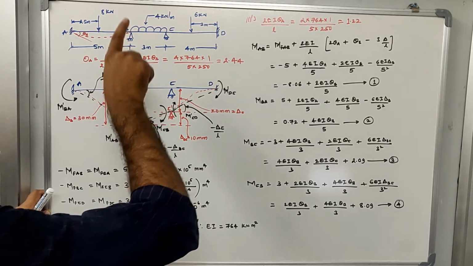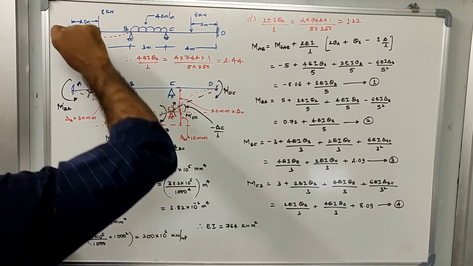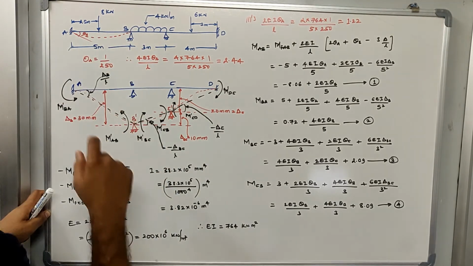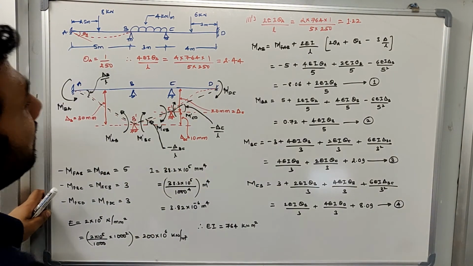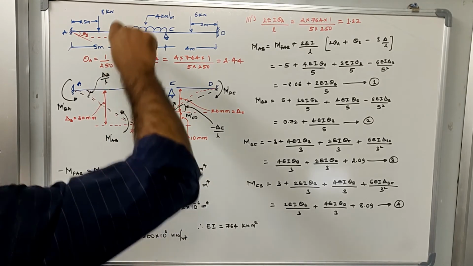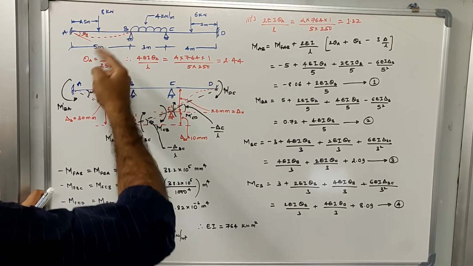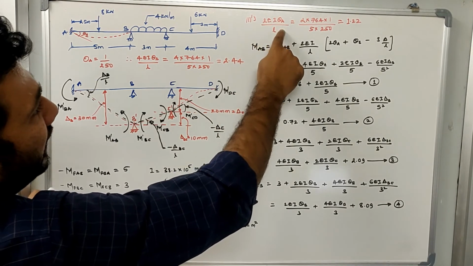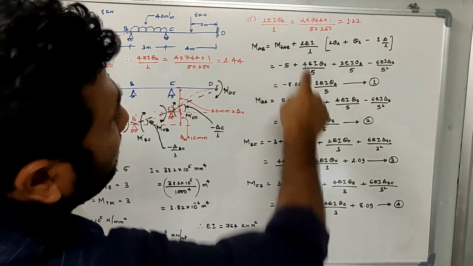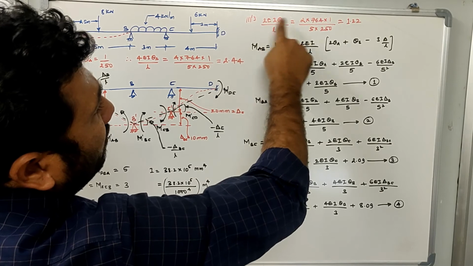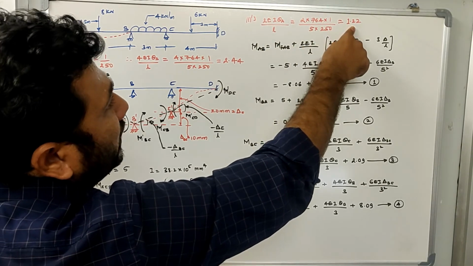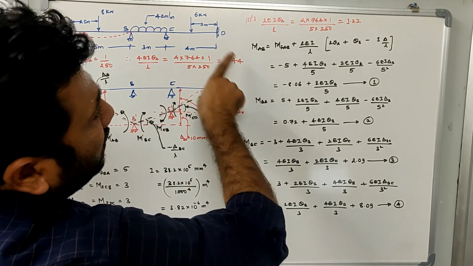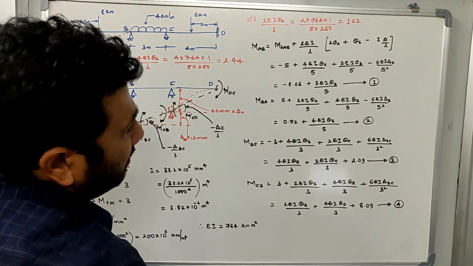And as you know, if a 4EI theta A by L moment is applied at one end, there also generates a reaction at the far end. So the moment that is carried over to this side will be half of this moment, which is equal to 2EI theta A divided by L. So again, substituting the EI value, theta value and L value in this equation, I have calculated 2EI theta A divided by L. Now these values will be useful while you are substituting in the MBA and MAB equations.